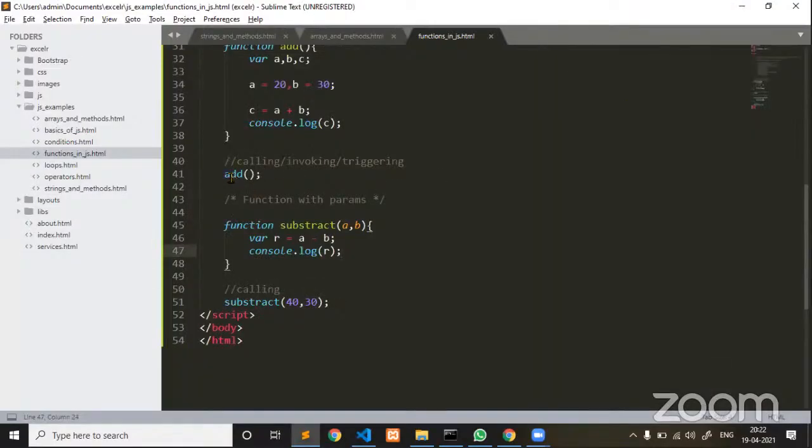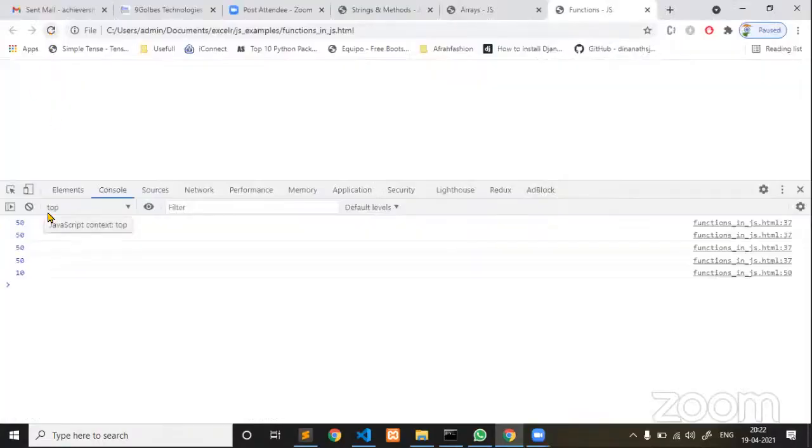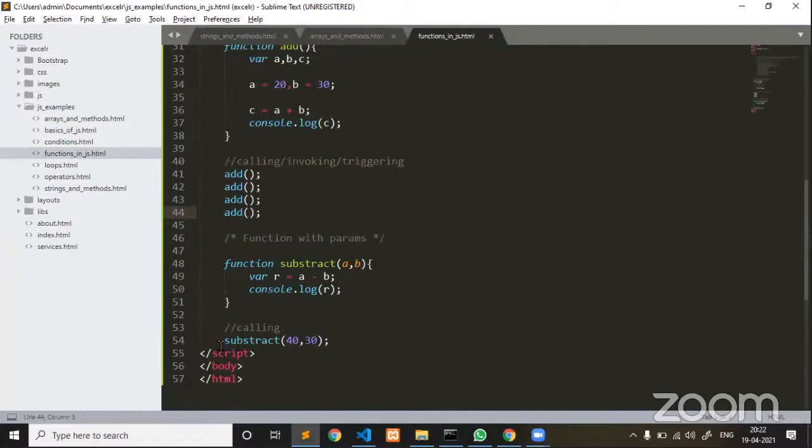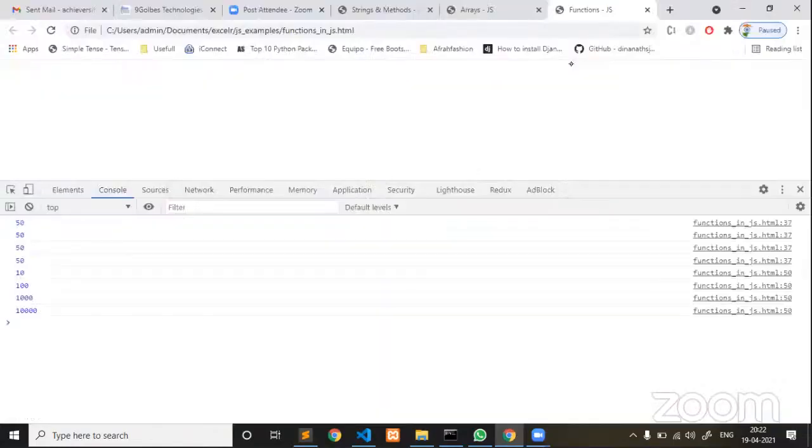Now see this add. If you keep calling it multiple times, 4 times I called, all 4 times it is giving the same output. But when it comes to function with parameters, if I am passing 400 minus 300, 4000 minus 3000, and 40,000 minus 30,000, by passing different parameters you will be able to get different output.